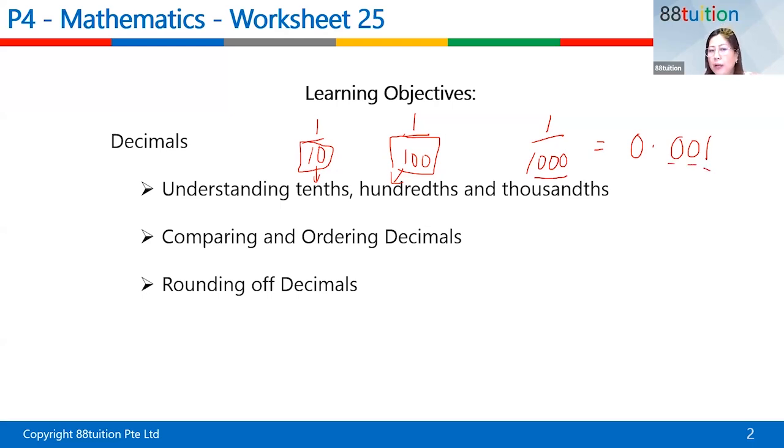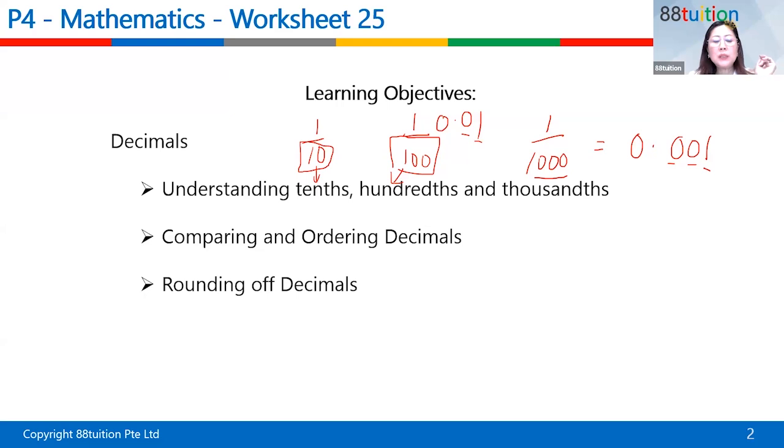Understand? So for 1/100, it's actually 0.01, because 100 has 2 zeros. After the decimal point there must be two numbers. Okay, so this is one way of looking at it. 1/10 means